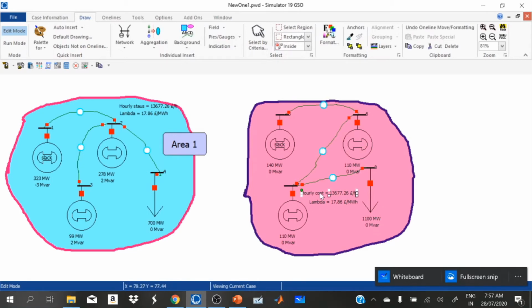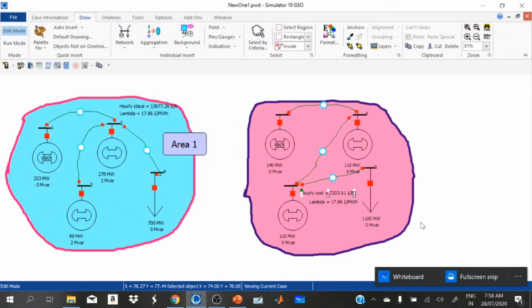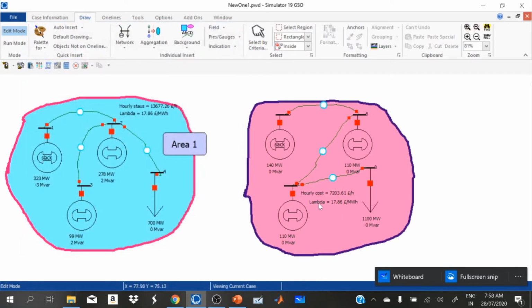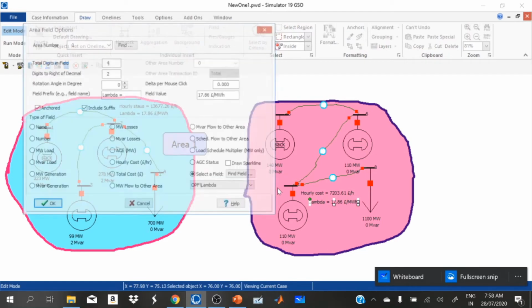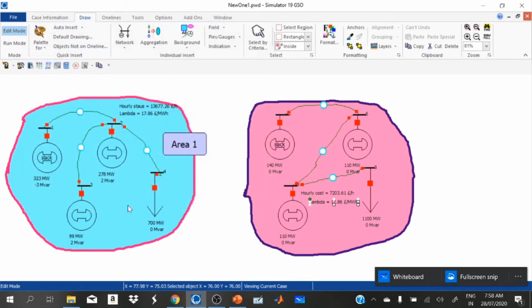Now we have to make this hourly cost also for area 2. This is area 2.